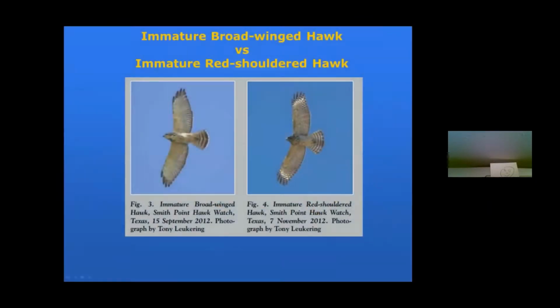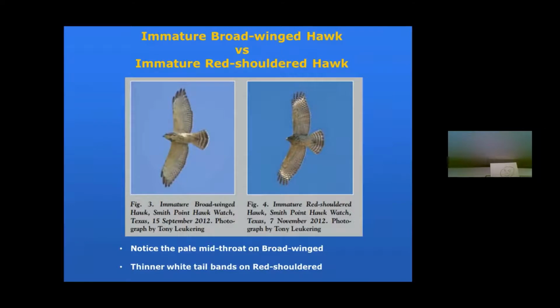So here's an immature red-shouldered compared to a broad-winged. That is a good comparative. This is just comparing. They look very similar, don't they? Similar but different. Feathers stick out a little bit more on the shoulder. This is a younger bird, but notice it still has the darkened remiges or the secondaries that look dark. Also, the banding is a little bit different. The broad-winged has that thicker subterminal band on the tail.